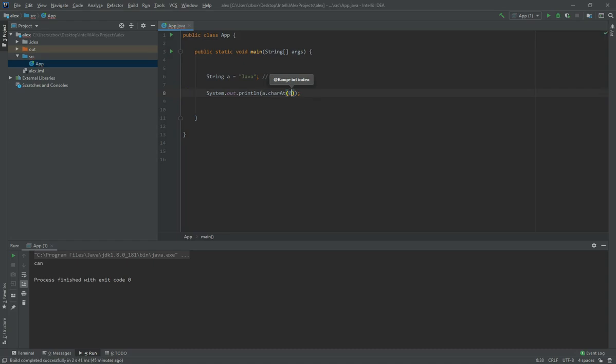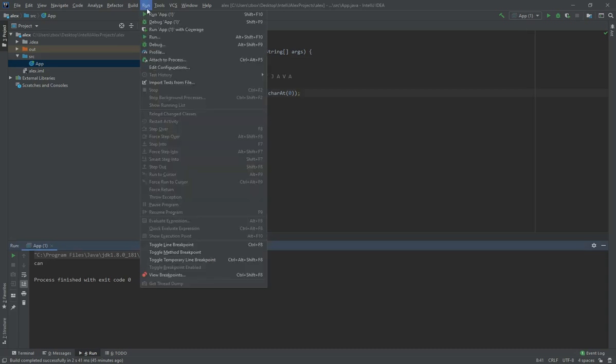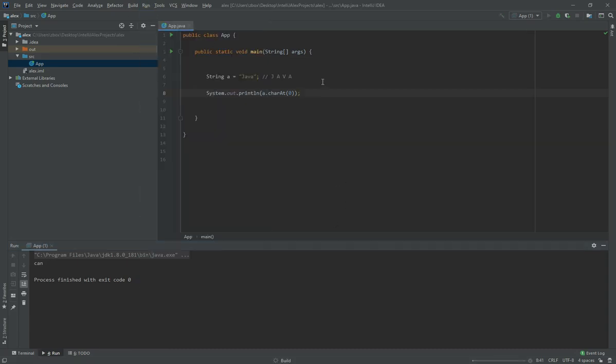charAt 0. And if I run this, we should get in the console down below the J letter, which we just did. So again, say we want to do charAt 1. Okay, so this is 0, this is 1. So we are expecting this letter here, A, to show up on the screen